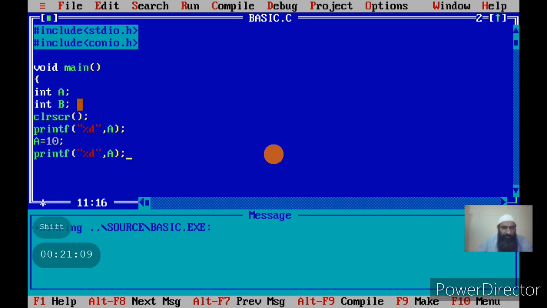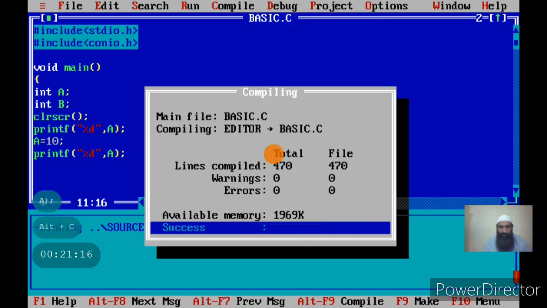These statements will be executed one by one. I have made the change in the program, so first I will compile the program, and once I have compiled my program, it's a success, so I can execute it now after this.